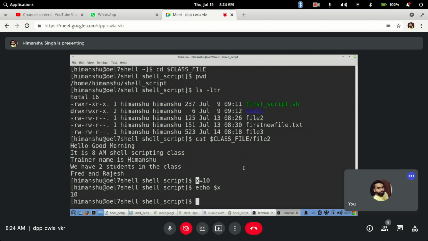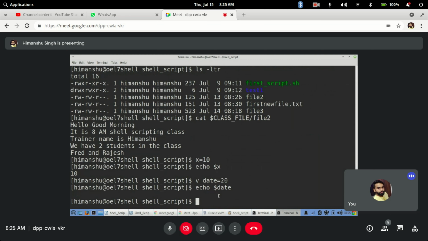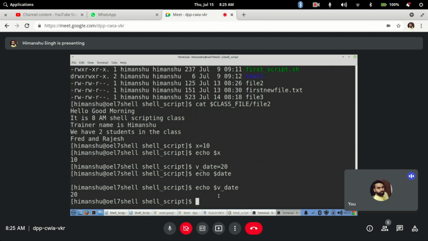A good practice is to give v underscore and whatever you want. Let's say v_date equal to 20. Echo $date will not print because the variable name was v_date. So it is recommended not to use the available keywords as variable names. Clear?